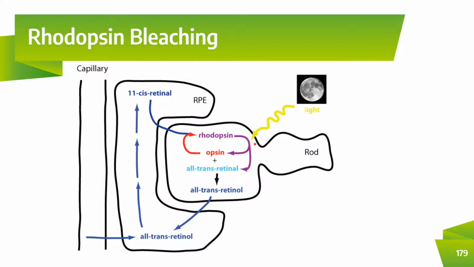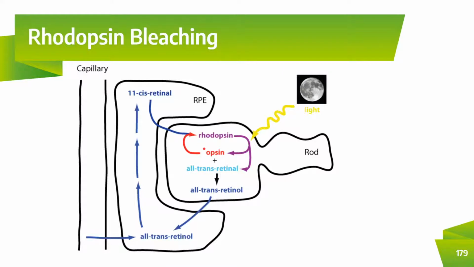So what happens if you are just exposed to a little bit of light, like usual, means that some of the rhodopsin is turned into opsin. Just a part of it, right? So some active form remains and can be hit by new light after a little while, right? And thereby you can still see light and dark. But if you receive a lot of light all at once, what happens is that all the rhodopsin turns into opsin,